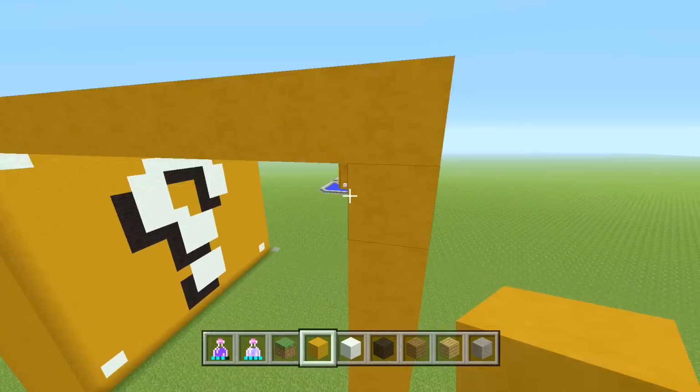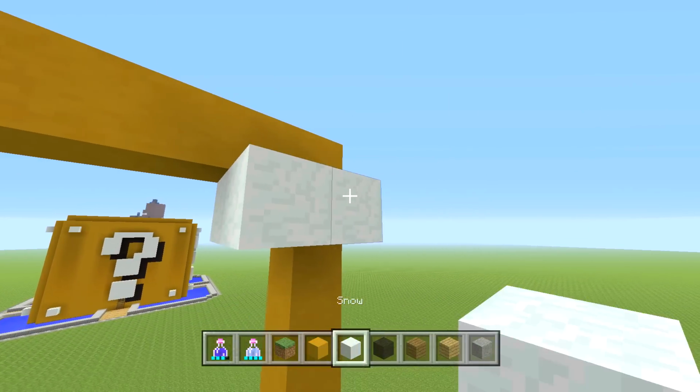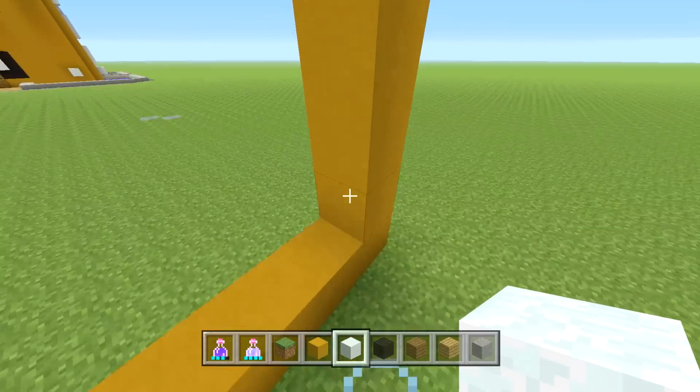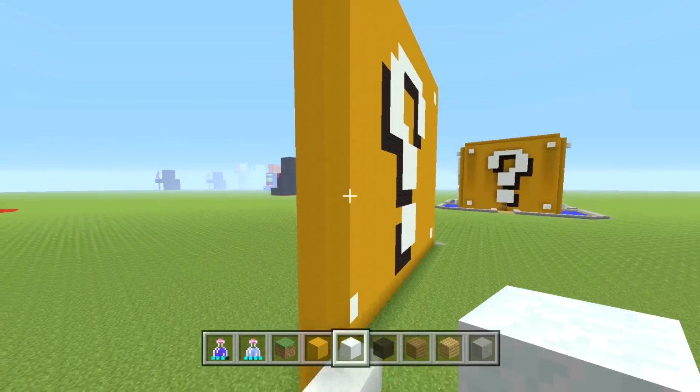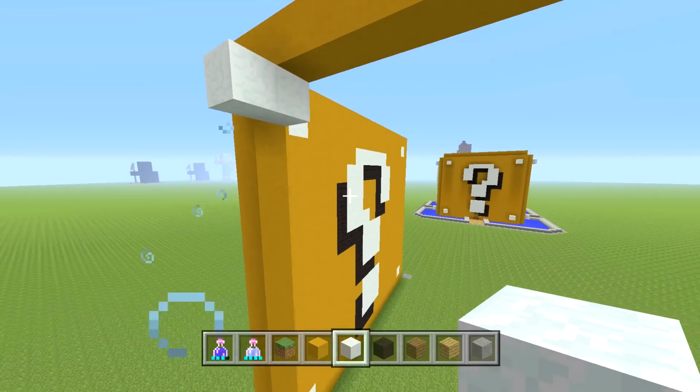And again, in all 4 corners, we're going to place our snow block. We'll even bring it out right now because we already know we're going to do that. And make them 3D just like this. All the corners. And now that we already know how to do the question mark,